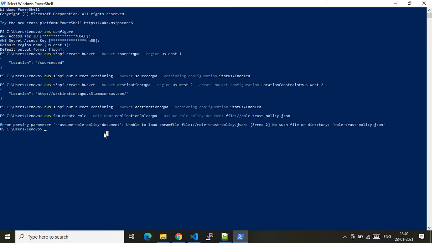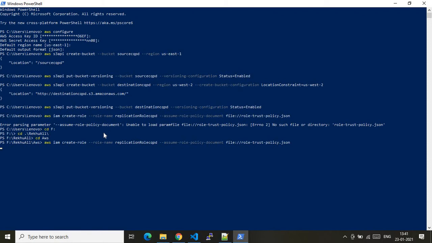To avoid this error, you need to change the directory to the path where you have stored the file. Similarly, let me do that. This is like a live demo of how you can use the AWS CLI to create AWS S3 bucket replication. Previously, before running the actual command, I had not switched my directory to where I have kept this file, so that's the reason it threw the error. Now I have switched to the right location where I have kept this file, and let me run that command again.